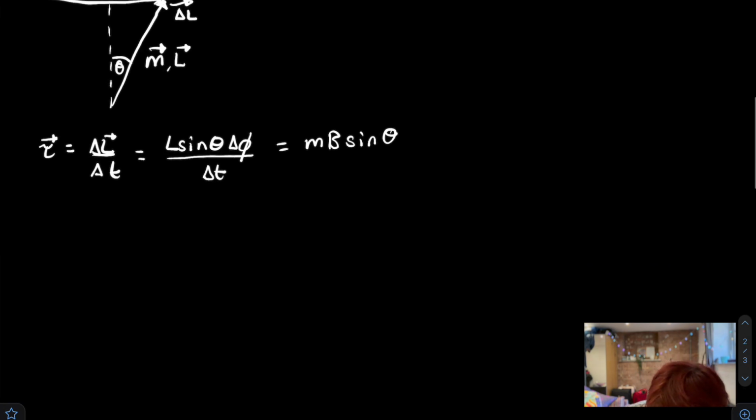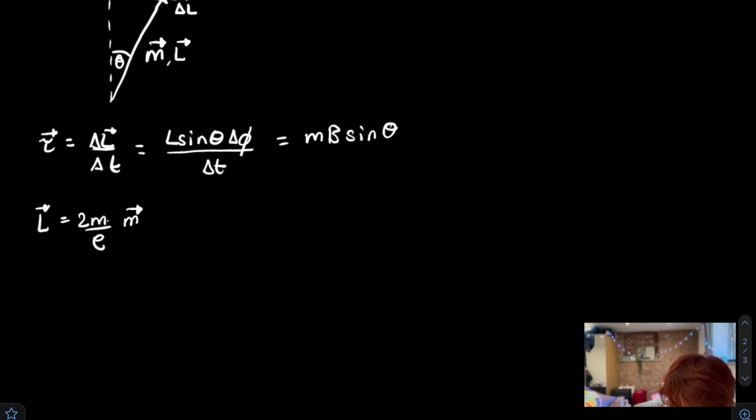But of course, we said that L is equal to 2 times the mass of the electron divided by the charge times the magnetic dipole moment. And yes, I'm aware this is very confusing because we have this m being the magnetic dipole moment and this m being the mass. So what I'm going to do is put m subscript e, which you'll often see denoted as the mass of an electron. So that right there is the mass of an electron, and this right here is just the magnetic dipole moment. So substituting in, we're going to get